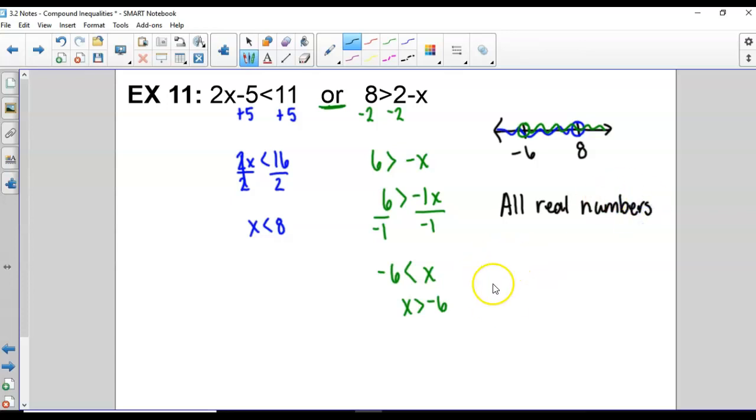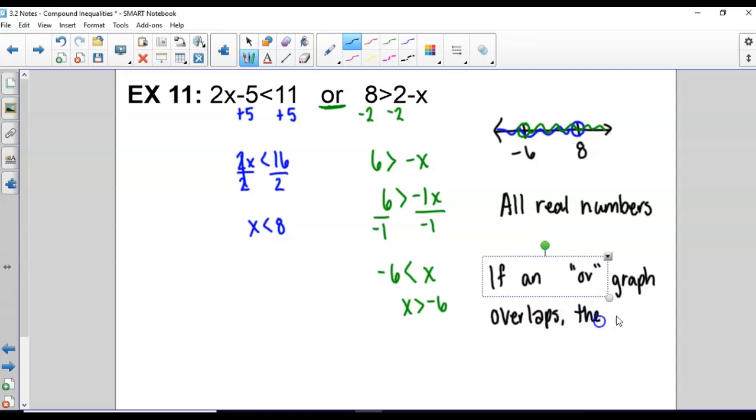In fact, you might want to write down if an OR graph overlaps, the answer